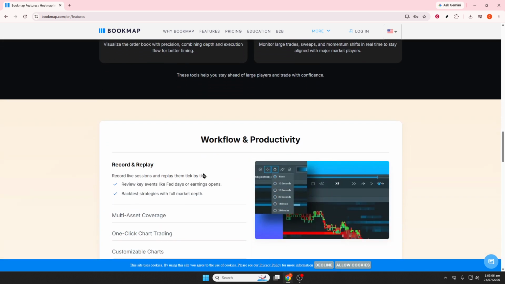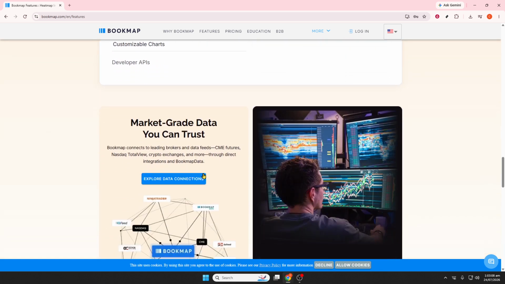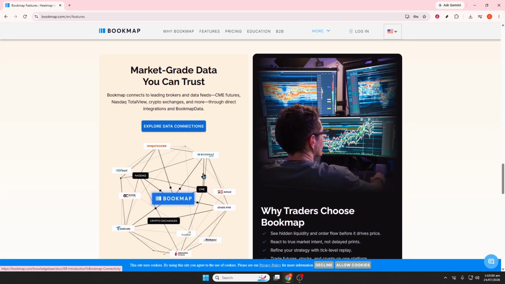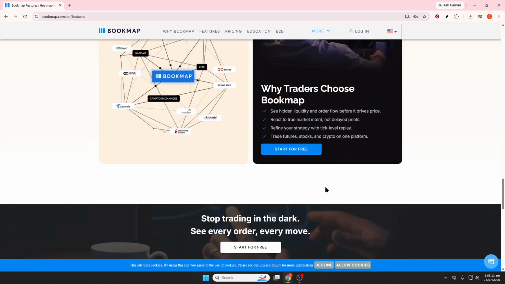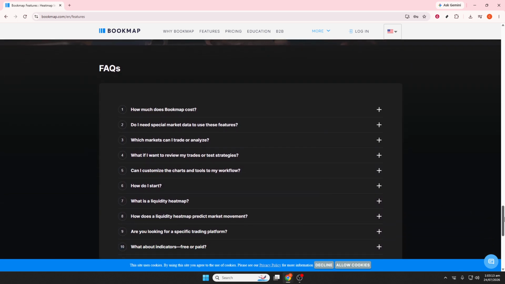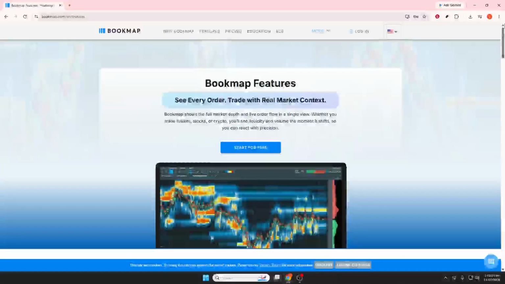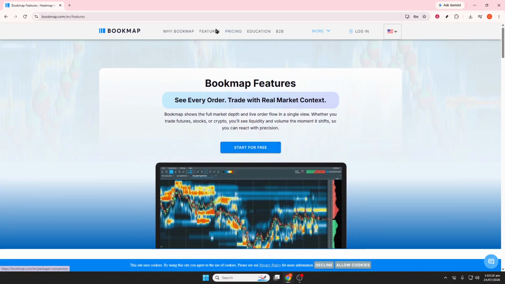Next, pay attention to the colors. Green dots represent aggressive buyers lifting the ask, while red dots represent aggressive sellers hitting the bid. Sometimes you may also see mixed color dots, which can suggest both buying and selling activity within the same aggregated volume. Learning to read color and size together gives you a much clearer picture of who is being more aggressive